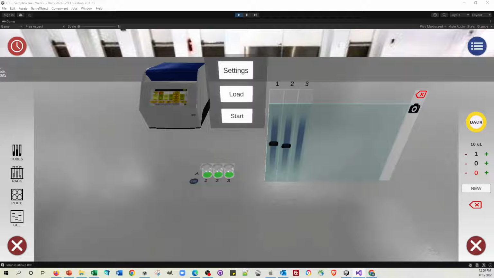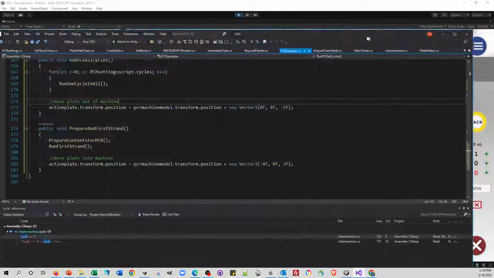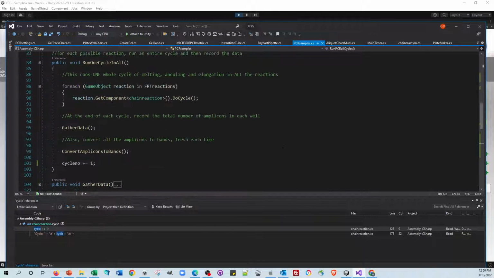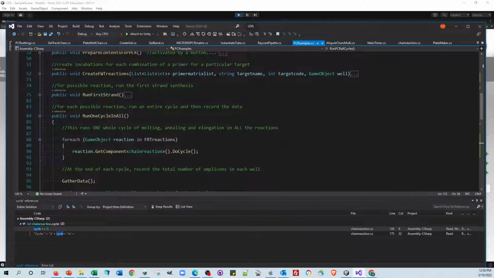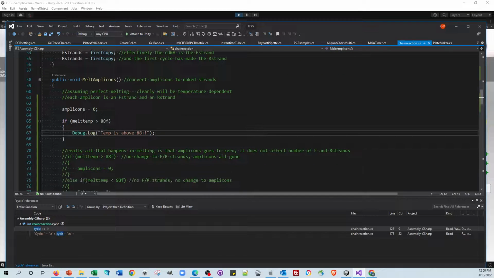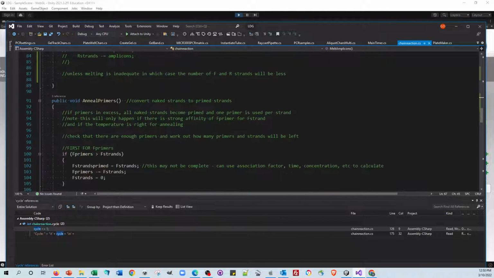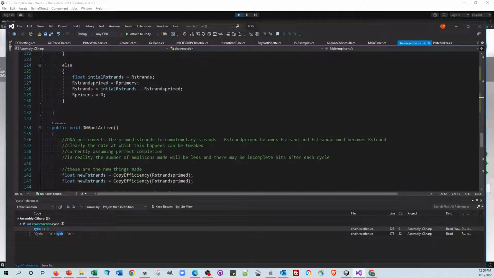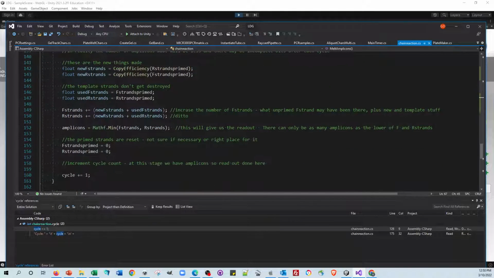So if I bring in the script for this, if I go to the chain reaction one, what we're doing is continually monitoring how many strands there are of forward and reverse, what happens when you melt the amplicons, what happens when the primers anneal, what happens when the polymerase is active,